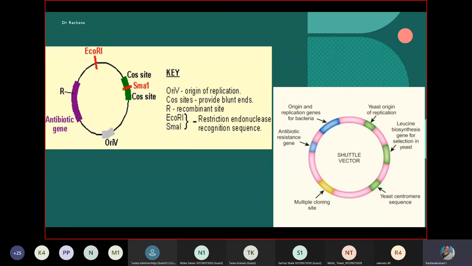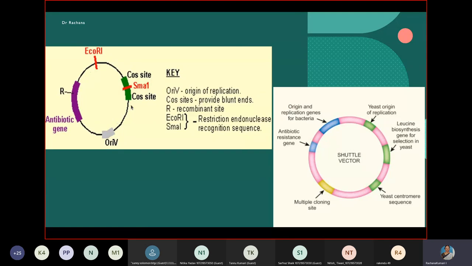On the left here, this is the diagram of a cosmid. This is the cos site, and the point at which the two cos sites have joined seems to carry a target site for a restriction enzyme called SmaI. Look at this ORI. I just now mentioned that the plasmid part of the genome is this side, which has the origin of replication along with the selectable marker gene. These are the target sites.